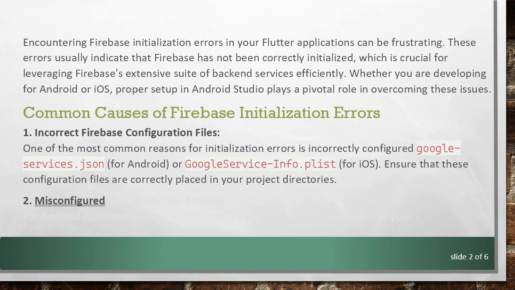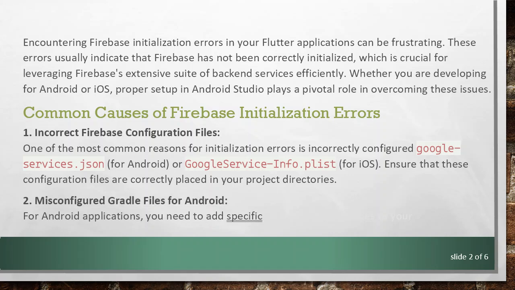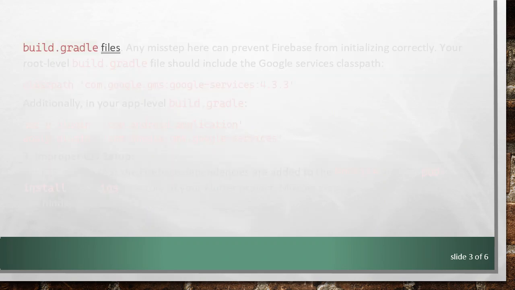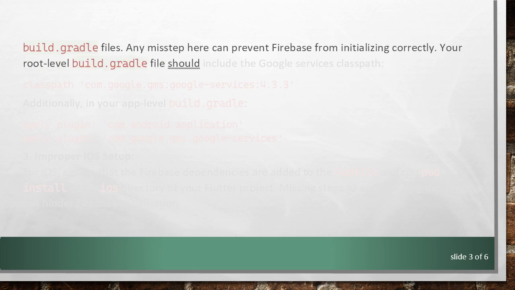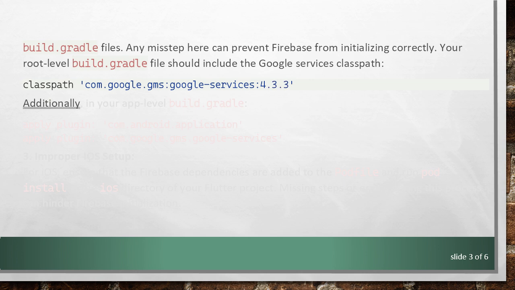2. Misconfigured Gradle files for Android. For Android applications, you need to add specific Firebase dependencies to your build.gradle files. Any misstep here can prevent Firebase from initializing correctly. Your root-level build.gradle file should include the Google Services class path. Additionally, in your app-level build.gradle,